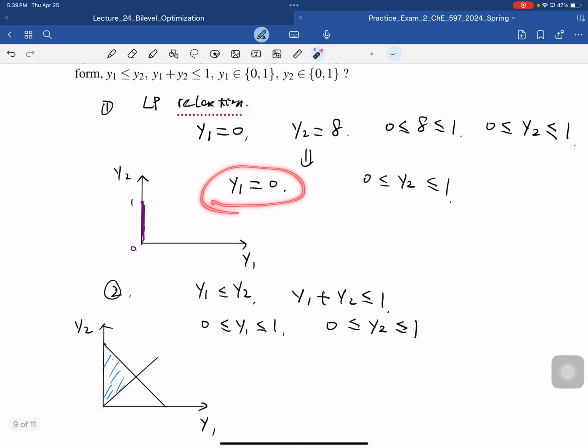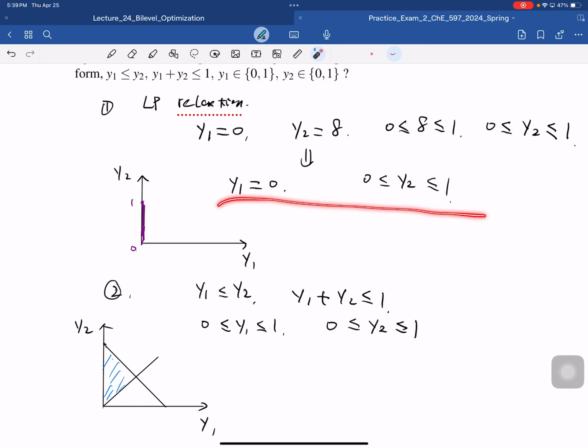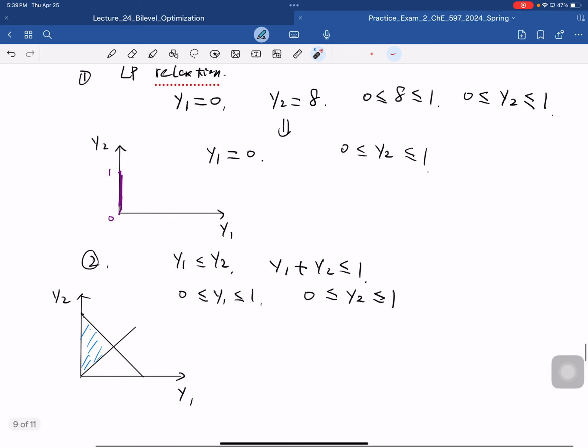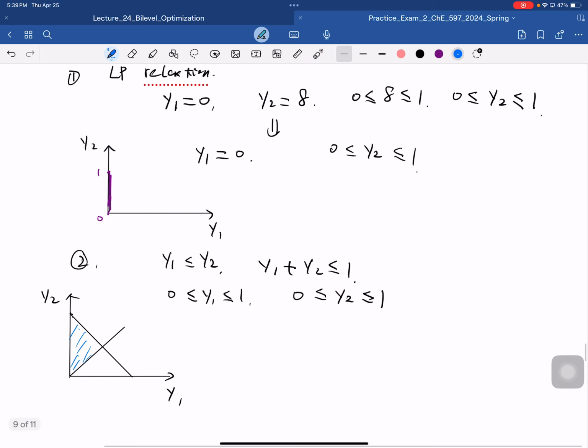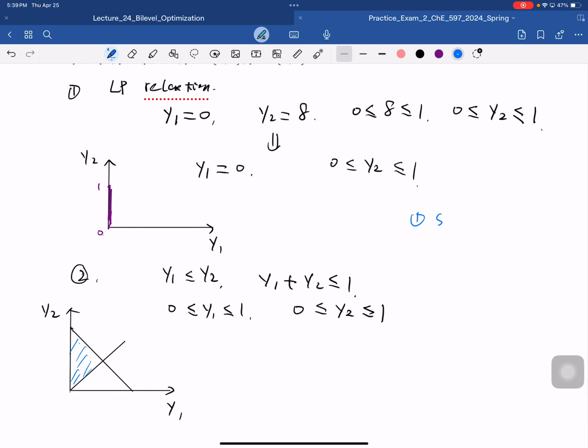y1 equals 0, y2 is between 0 and 1, and you can show that all those constraints in the second problem are implied by these two constraints. Right? Why is that true? Because let's just give an example, right? We want to show that